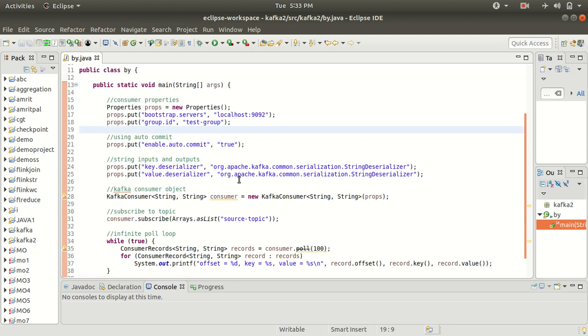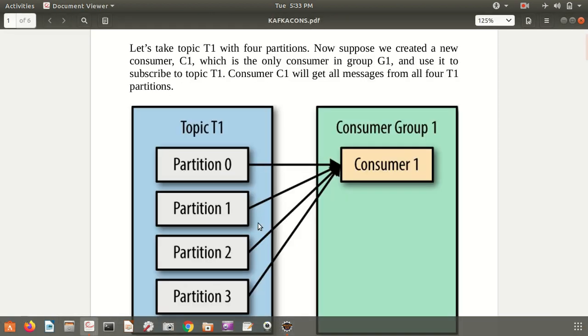To understand these steps, because some of the steps are new, I have prepared a little document, that PDF. I'll discuss the things with the help of the PDF first. Then I'll come back to the code, and in front of you, I'll show you how we can implement this practical and carry out this demonstration. So let's jump to that document which I prepared.